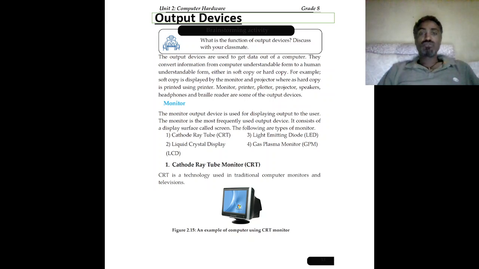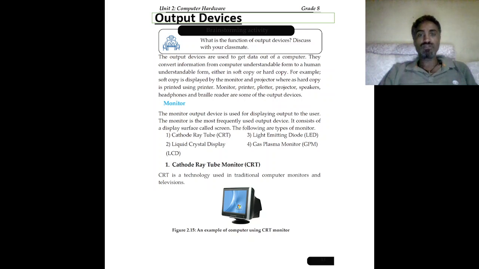Output should be understandable either in soft copy or hard copy. We can change soft copy into hard copy using an output device. The output device helps us to produce the output. Using a monitor, it is possible to display a soft copy.